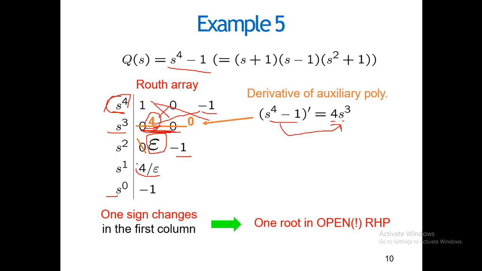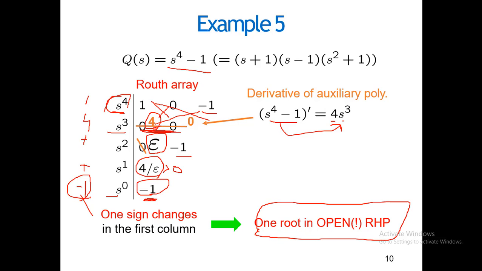You have to keep this greater than 0 to avoid the sign change. As long as you keep it greater than 0, you can see that in the last row the value is also minus 1. So there is no effect of this, because you see that this is 1, 4, epsilon. Let's say this epsilon is greater than 0, so this is also positive, this is also positive, and in the last step it is negative. So whatever you do, there will be at least one root on the right half plane. So the system is said to be unstable.